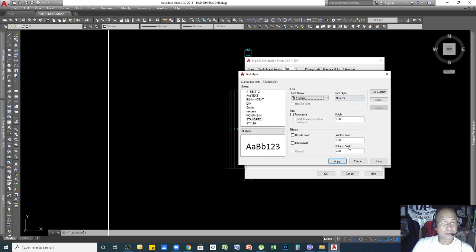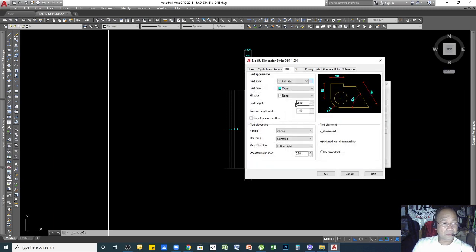There is a height here, but I think you can indicate the height here. Let's say we will make it 5 also. The height of the dimension text increases already, but the one I set up for you is already a uniform size for everything. Anyway, this is just a tour for you on how to create a dimension style. So that's how it's going to work. Then after that, text placement should be above, horizontal.